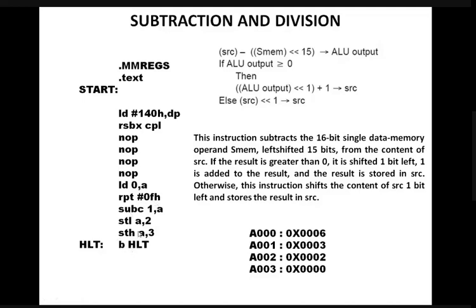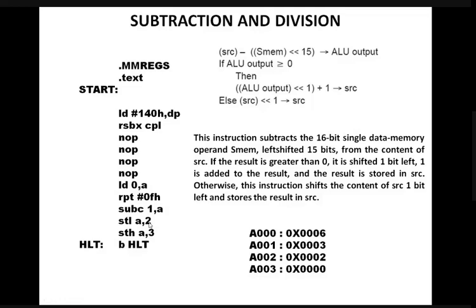So the next instruction is SUBC 1, A. This looks new. This 1 means one left shift. Subtract with carry and do one left shift, something like that. This will be repeated 15 times, and this formula will work. Later on, if you are really interested, we can look at it in detail, but for the time being, it is not necessary. And store the lower word of the accumulator. So when you do that, it will do the division, giving the quotient and remainder.